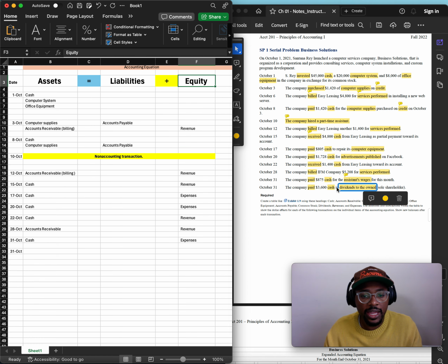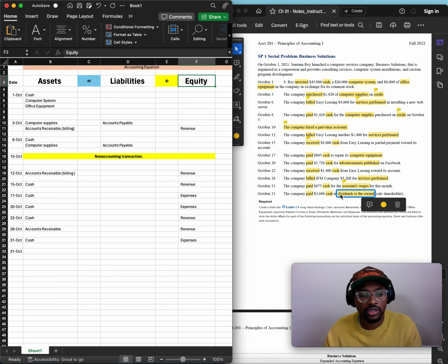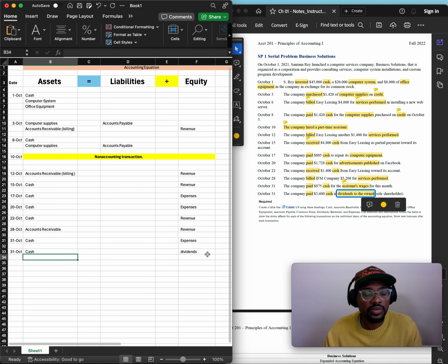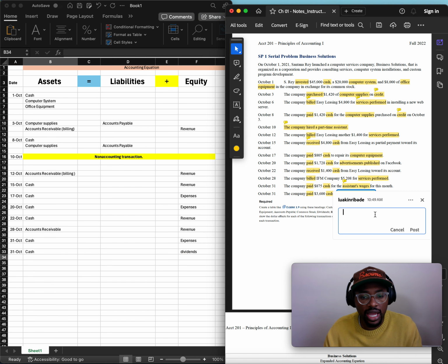Okay. So what are they saying? There's some cash that belongs to their owner. So what is being impacted? Cash. And then the owner is going to receive, you want to write this down, dividends. Okay. What are dividends, Dr. Akin? Glad you asked. Dividends, you want to write this down, are the cash payment made to